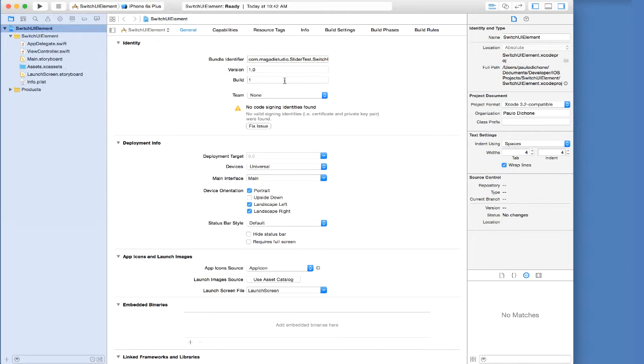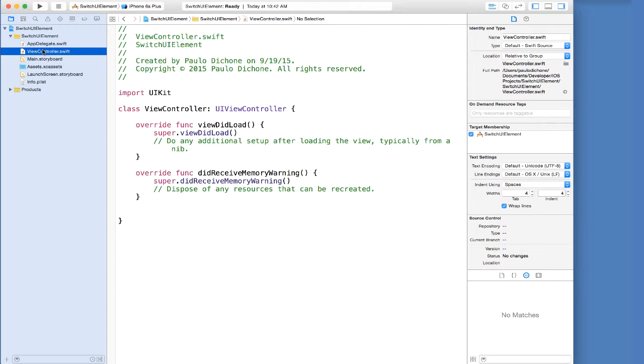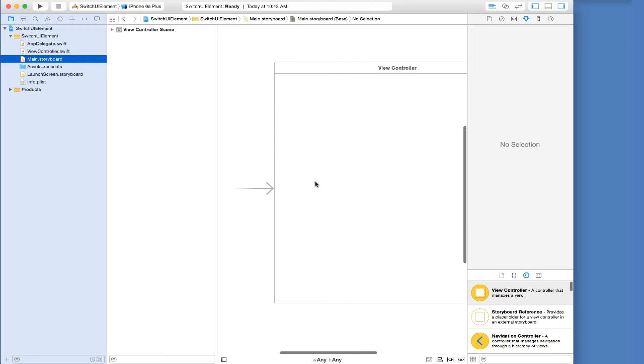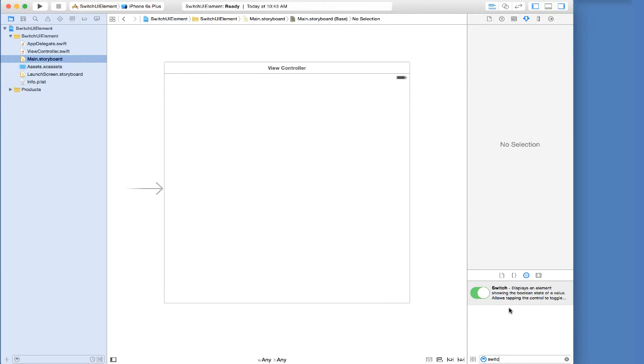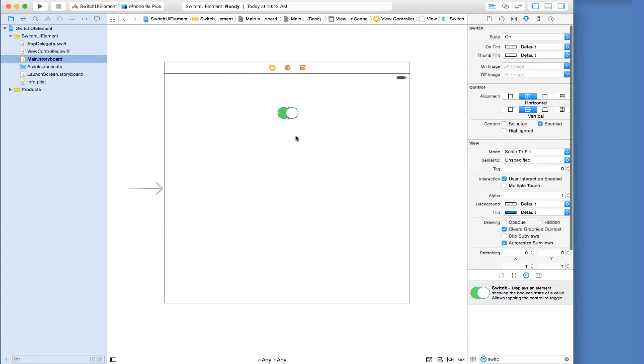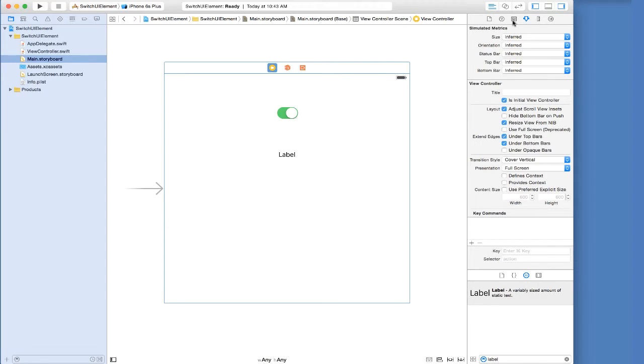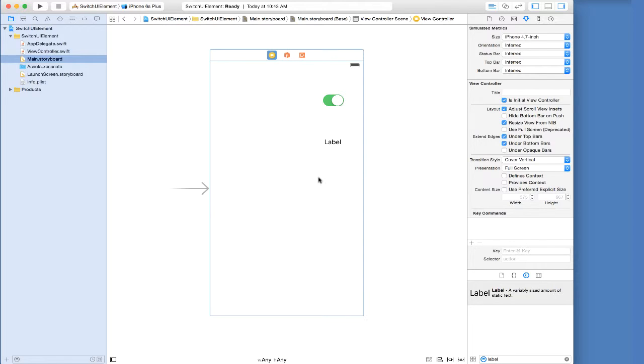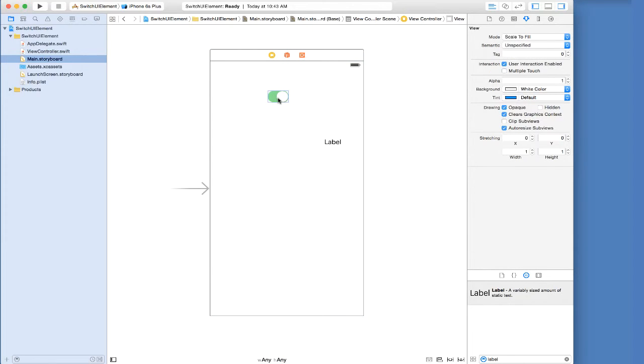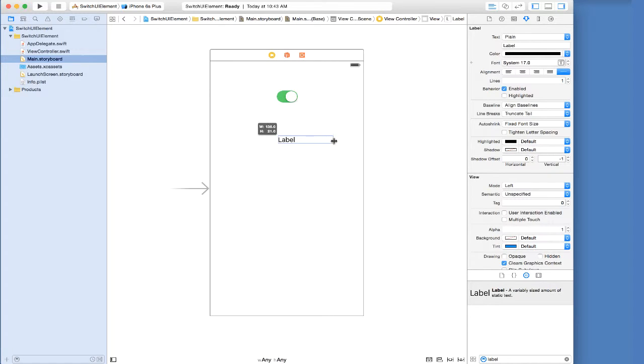All right, great. So once we have our Xcode, of course, we're going to click our view controller there. Go ahead and click our main storyboard. There it is. So go ahead and type switch at the bottom there and drag and drop here somewhere. We also will need a label. There it is. Let's put it somewhere here. And while we're here, let's click at the top and go to our attribute inspector and change size to 4.7. That way things are a little bit more manageable. Let's center align things again here, and make this a little bit larger.